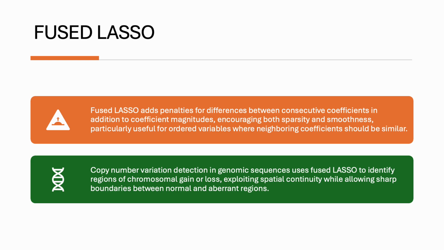Regular lasso would analyze each message completely independently, potentially deciding that message 15 is angry, -5 on a happiness scale. Message 16 is delighted, +8, and message 17 is furious, -7.